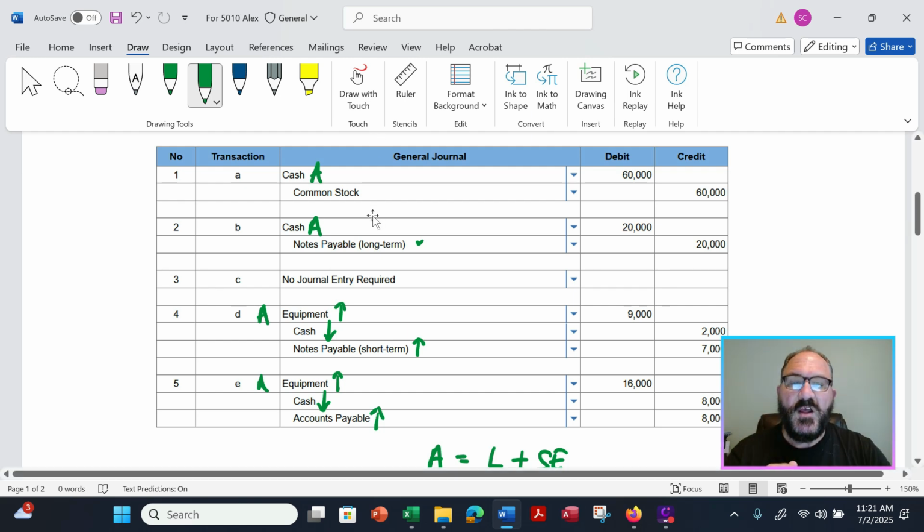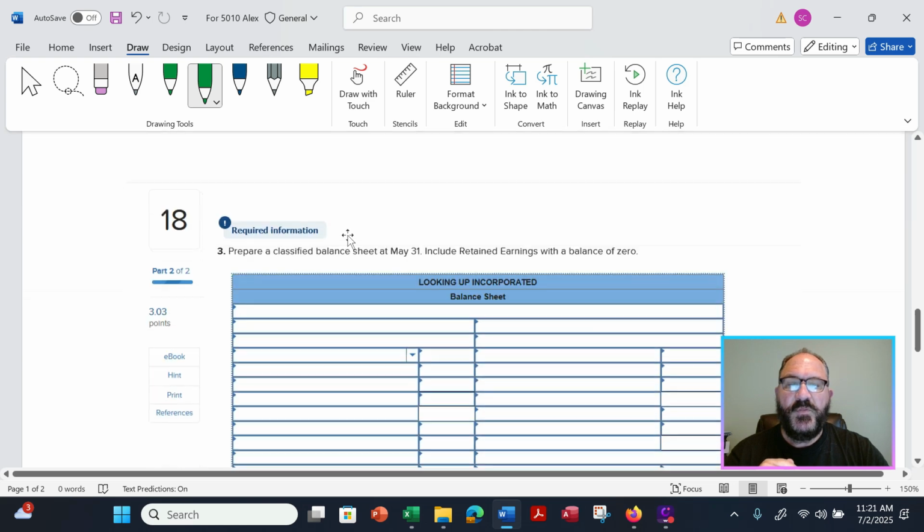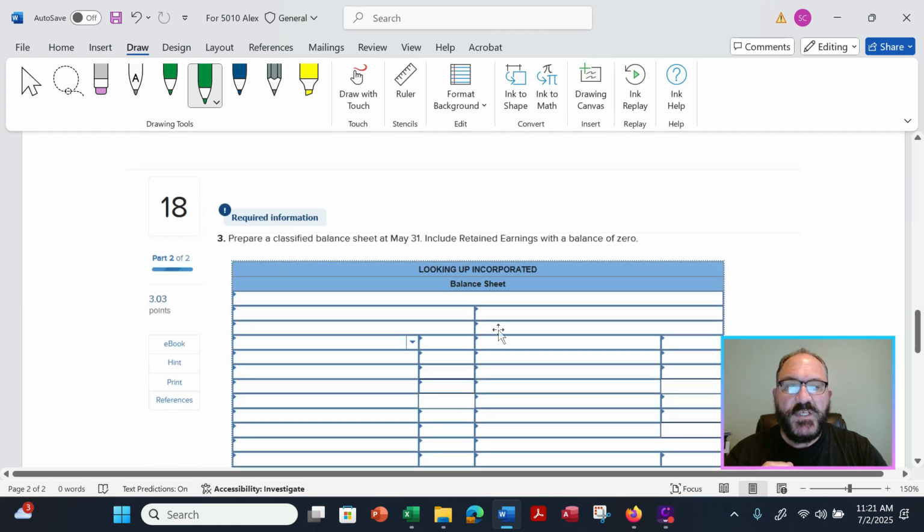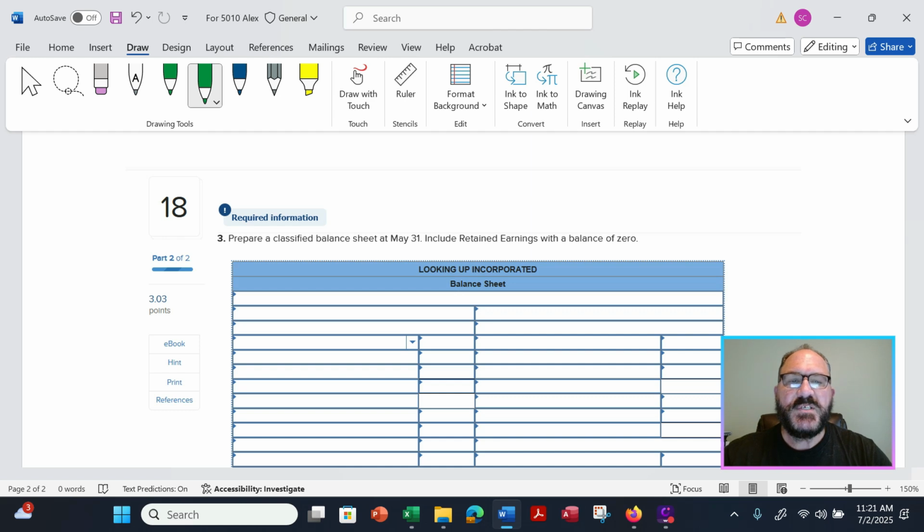So what you're going to see online looks like this. For example, it has all these little drop down things. Now, part of the problem is sometimes to get those little drop down things, they have to be in a specific order. The first thing, if you remember, a balance sheet is as of a certain date. I'll show you in just a minute on the actual homework, it's going to have a drop down right here, and it's going to give you some choices, and it's going to be as of. Then over here is going to be assets. And it's going to look something